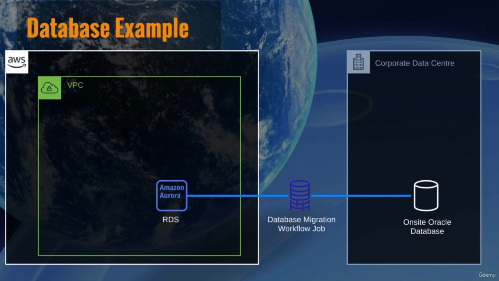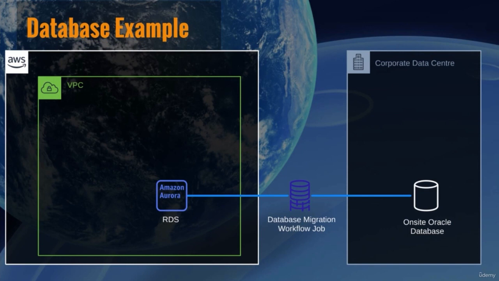You can define a database migration workflow by specifying the source database, the target database, and any operations on that data that need to occur during the migration. Once you've done that, you can then run the database migration job, and that will look after everything for you. It will migrate that data from that on-site Oracle database to your Amazon Aurora database,